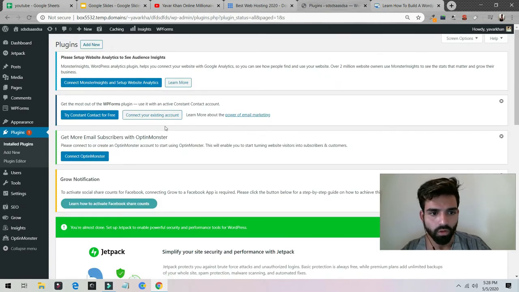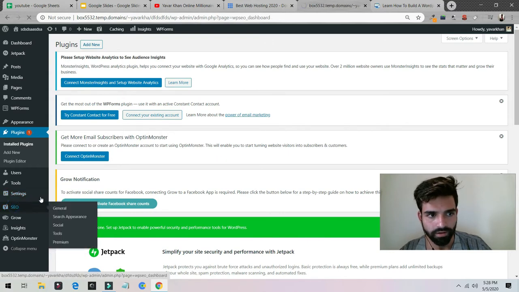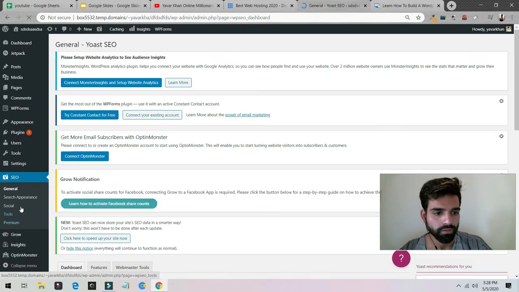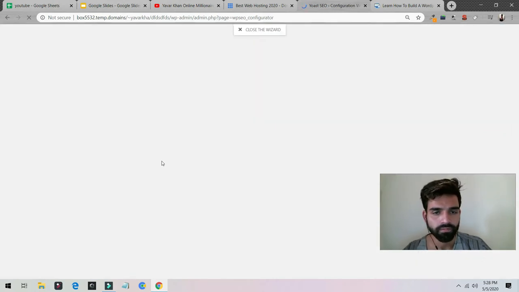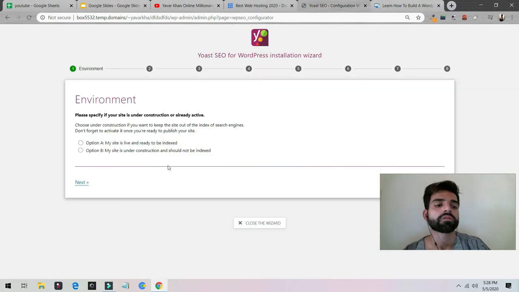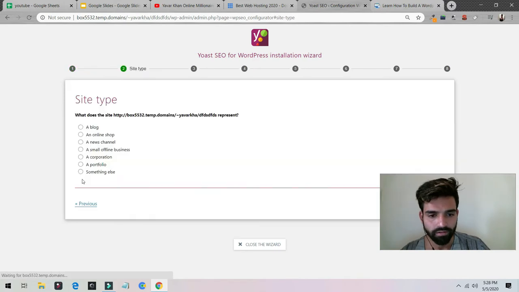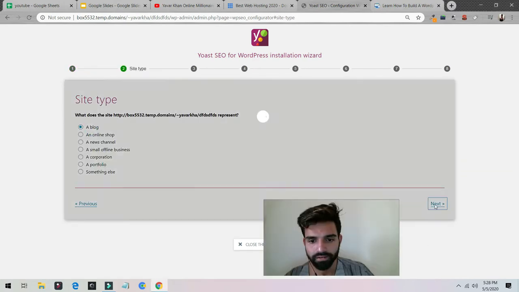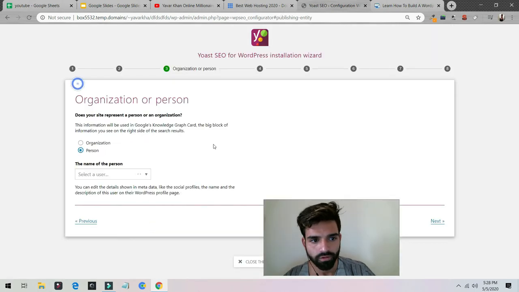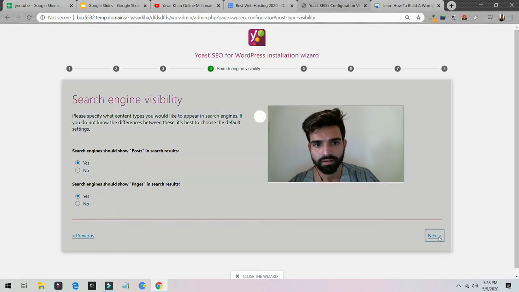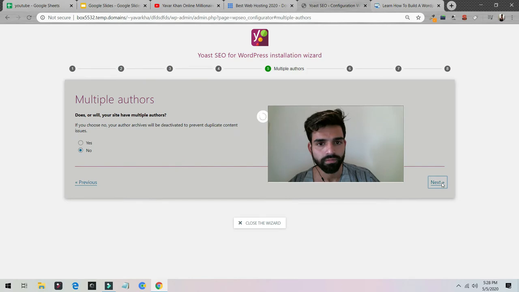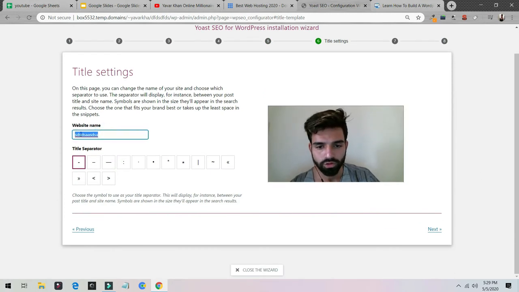Once it's activated, click on SEO on the left-hand side, and then you need to set up your SEO. Just click on Configuration Wizard. Now you can say my website is live, click Next. It's a blog, choose whatever the appropriate category is, then click Next. Then it's a person, write your name, select a user. For me it would be Yavar Khan, for you it would be your name. Next, yes, click Next. No. Your website name, so make sure you put your keyword here and then click. I would just write keyword here, then click Next,